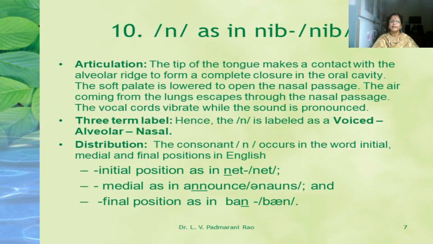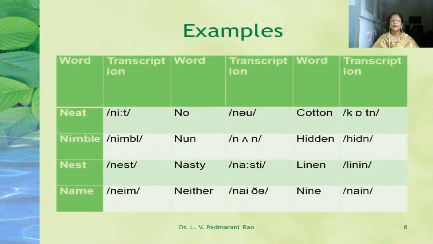And distribution-wise, n sound occurs in all the three positions, as you find in the example N-E-T, net, initial position, A-N-N-O-U-N-C-E, announce. In both the cases, n occurs at two places, and in both the cases it is medial position. B-A-N, ban, is the final position. A few more examples practicing n sound is N-E-A-T, neat,